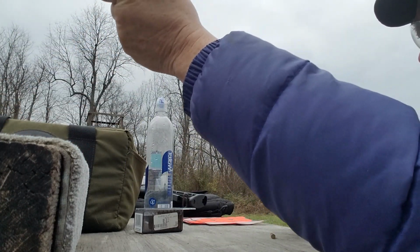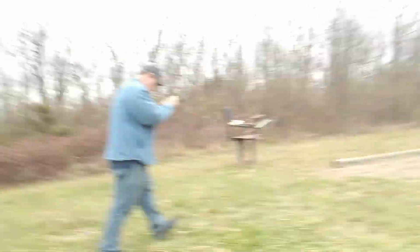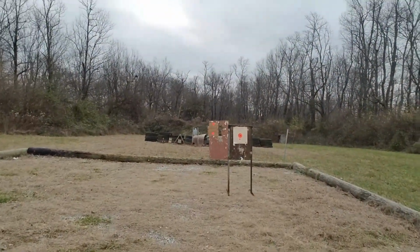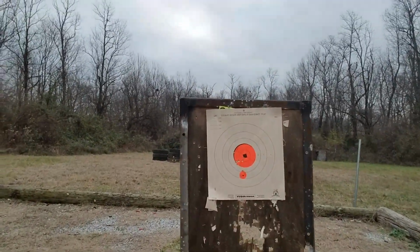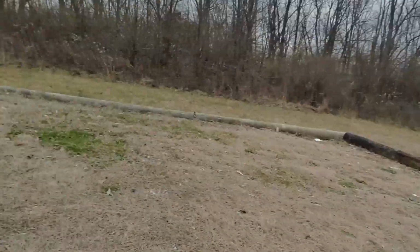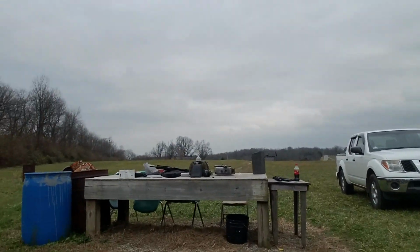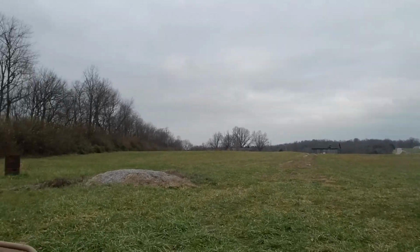All right, let's go down here and look at the old tactical accuracy and see how it actually shoots. I'm sure it shoots good. I can see the bullet holes down there, but you can't. And it's a good shooter. You know, I seem to pull it a little bit to the right, which is unusual for me. I generally pull to the left. It does shoot. It has good accuracy potential,